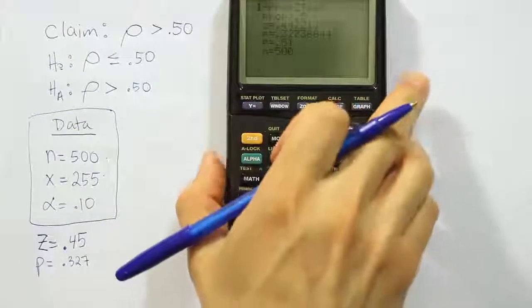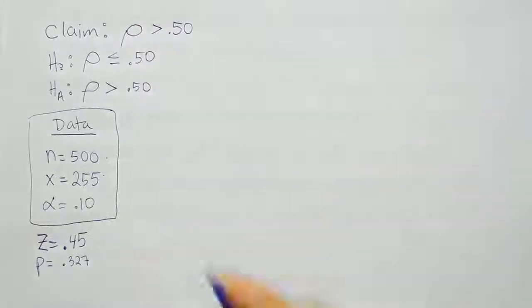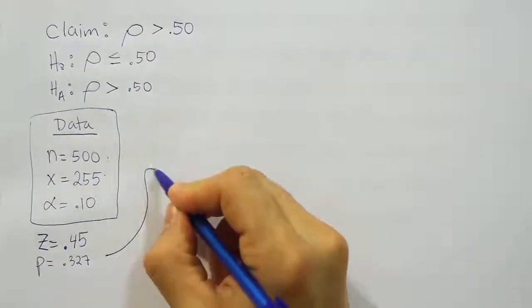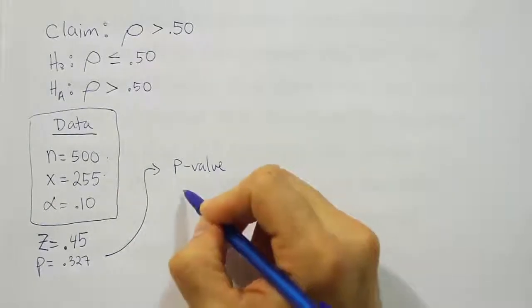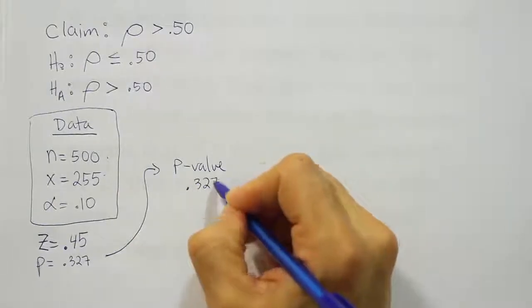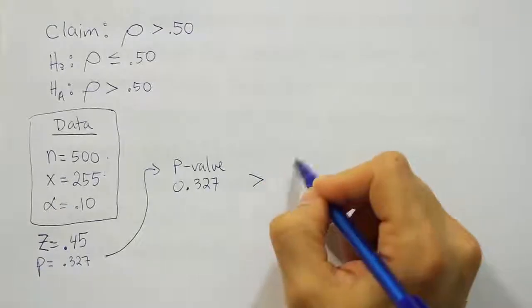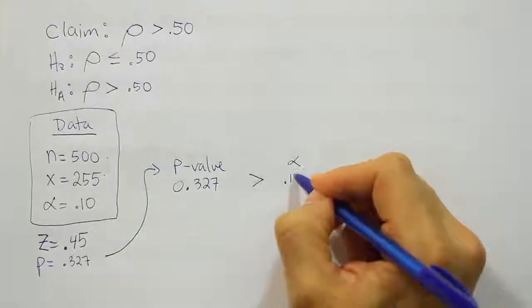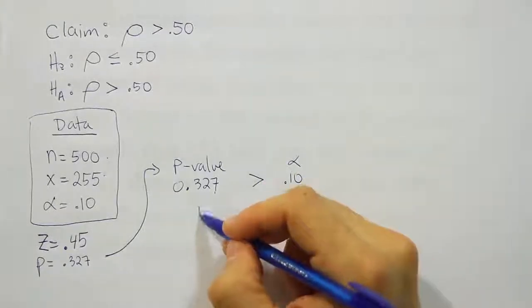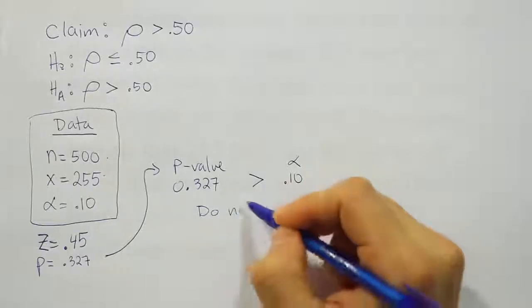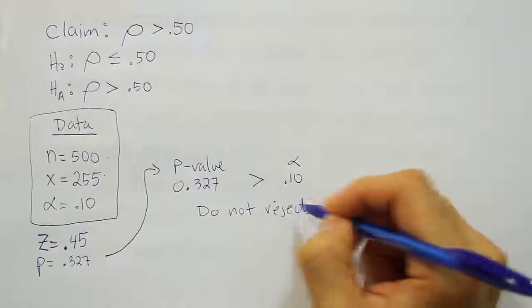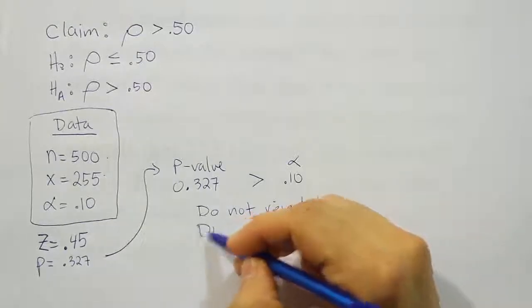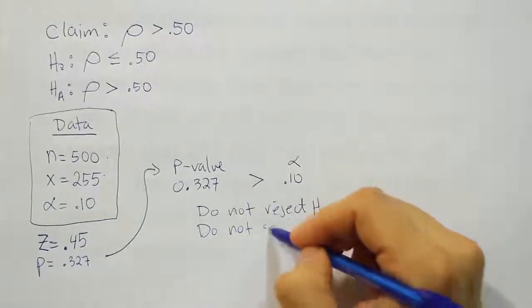Okay, so let's finish the problem then. We've got all we can get from the calculator. And so since our p-value here, 0.327, is greater than alpha, which is only 10%, 0.10, we do not reject, right? So large p's do not get rejected, so do not reject H0, and therefore do not support